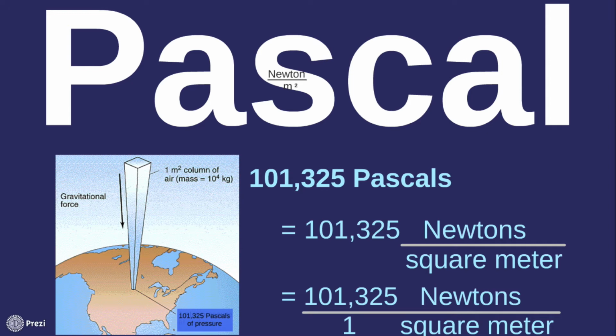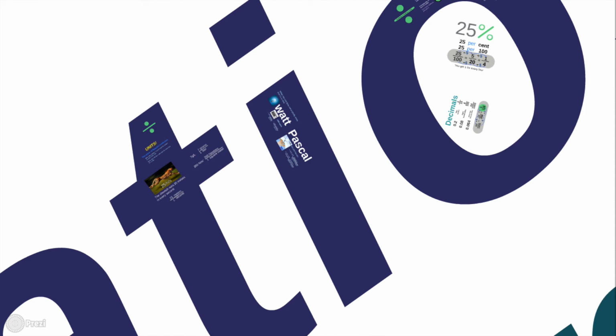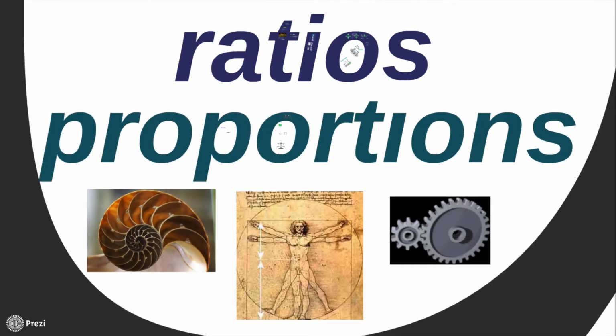And that gives us a lot of useful information, because say we have an area that's 25 square meters. Now we know that for every one of those square meters, there's 101,325 newtons pushing down on it. So we just have to multiply by 25, and we'll know the total force that's pushing down on that 25 square meter area. We were just using a proportion to solve that little pressure problem, and you'll use them again